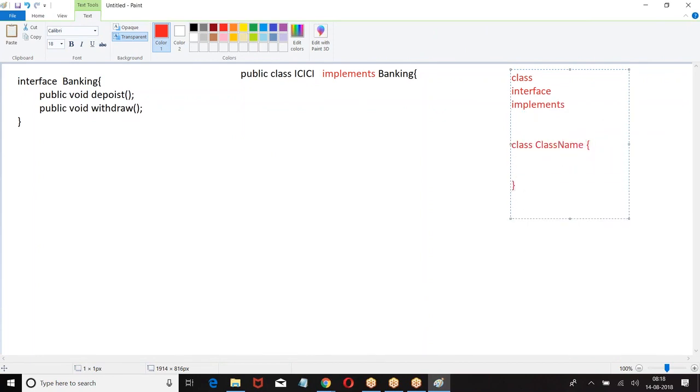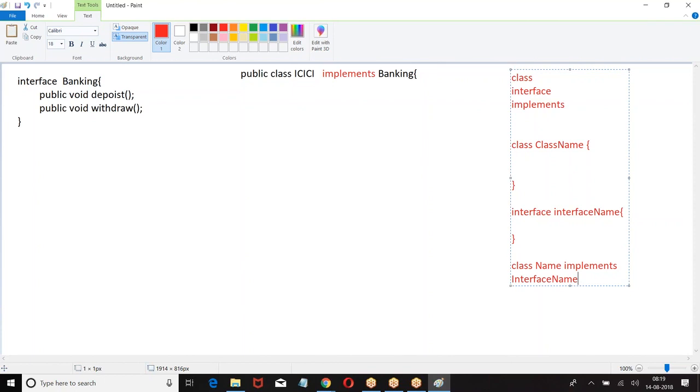If you want to define an interface, you give interface. If a class wants to use an interface, class name implements. This is the story. Class is a keyword, interface is a keyword, implements is a keyword.